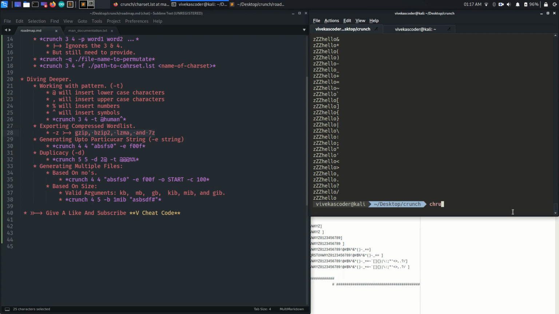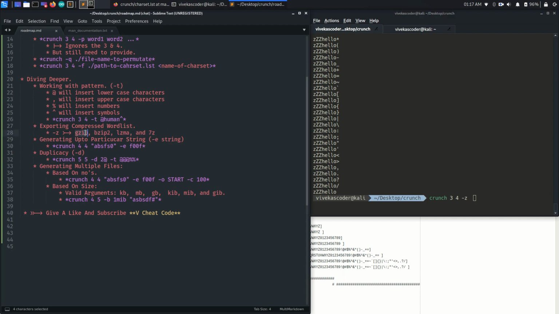So just type crunch and let's say 3 and 4 in order to make it short, and then we are going to use the -z option in order to export a compressed file, and then you need to provide the value from here.